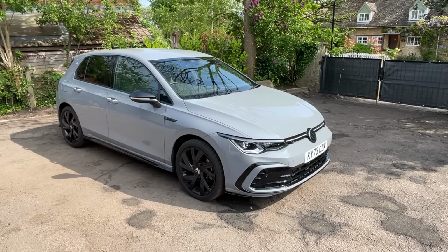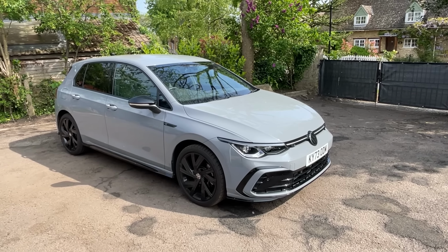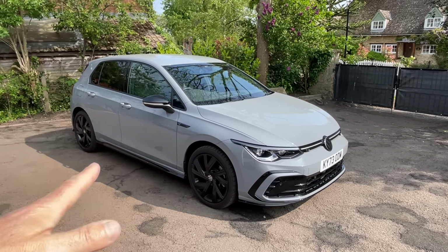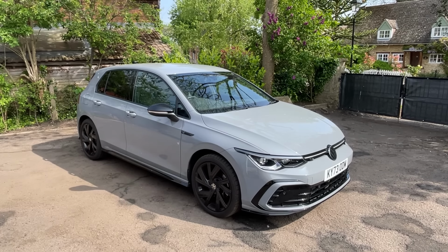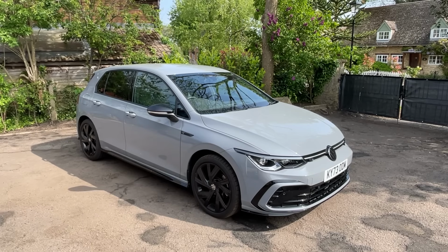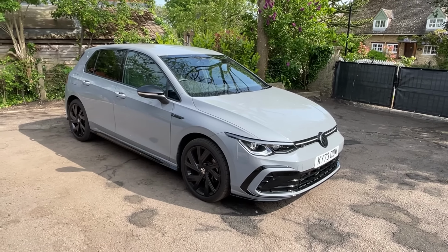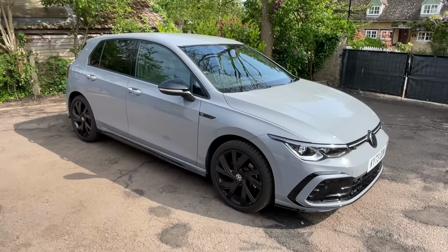Okay, as usual, let's start off then with the outside of this Golf Black Edition, which, as you can probably tell, looks very much like an R-Line, which is weird because R-Line doesn't actually feature in its name. It's not like it's Golf R-Line Black Edition. So I think we need to start off then by looking at the bits that are specific to this Black Edition, and the most obvious one,